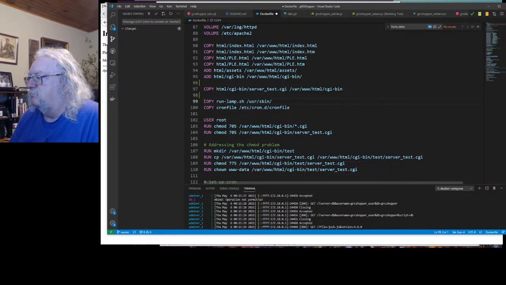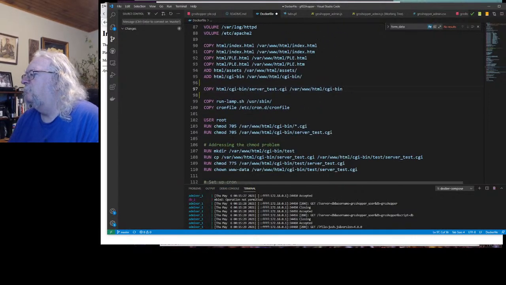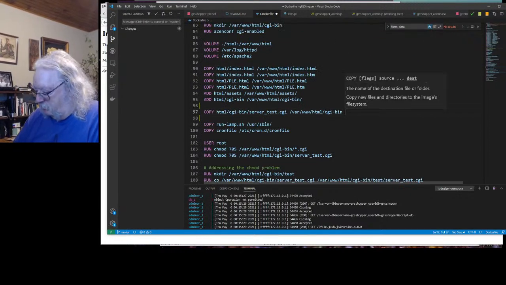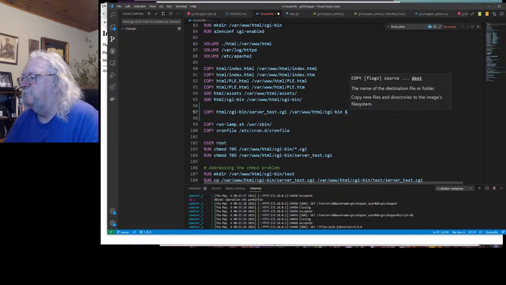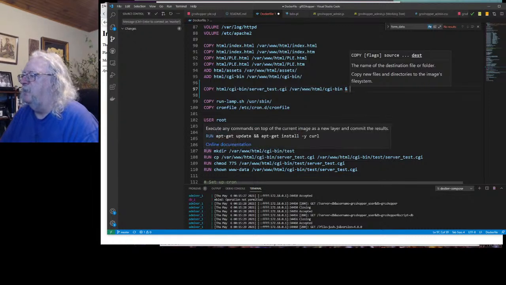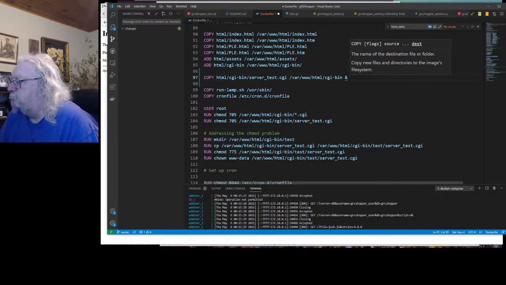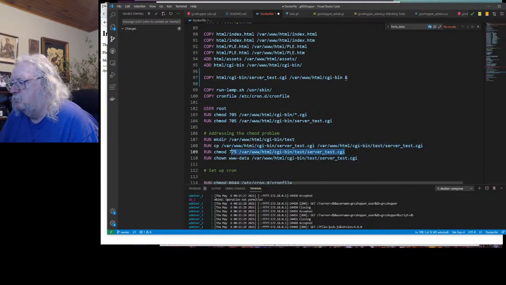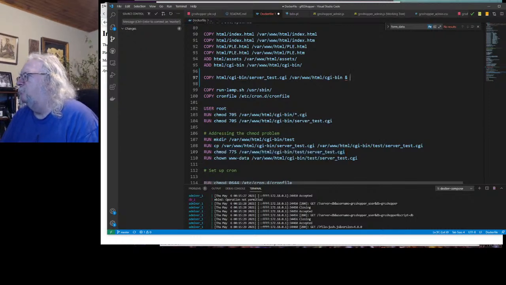Now, I can string another command onto that with an ampersand. I don't do it very often. In fact, I don't do it at all. But you just go ampersand and then your next command. So in this case, let's make our next command run the chmod. And I'm not even going to bother with the rest because,